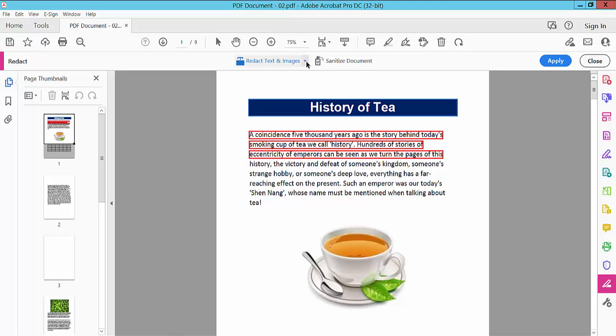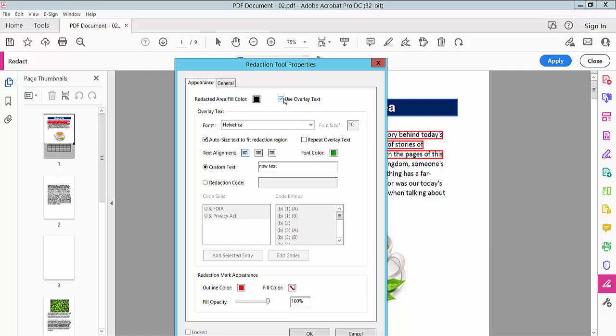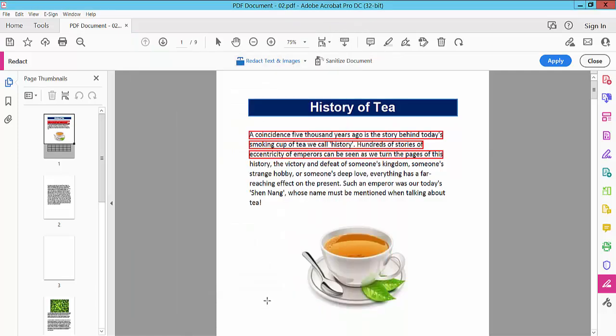And again click on this arrow and select properties option, select overlay and I'll select white color and text color I'll select black and I'll select here replace text and select OK and drag your mouse cursor and select and see this replace text now showing here and finally